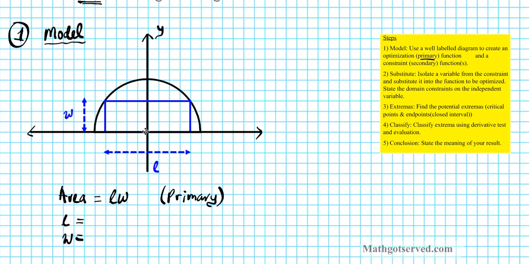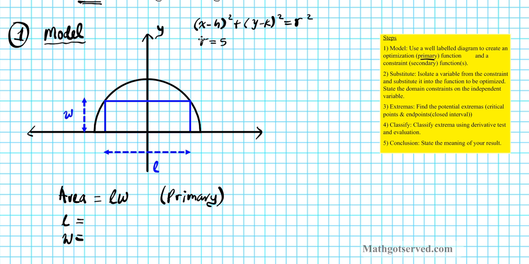Since it's centered on the origin, the equation of the circle, if you remember the formula (x minus h) squared plus (y minus k) squared equals r squared, is the standard form of the equation of a circle. So for a circle with radius 5 centimeters, centered at